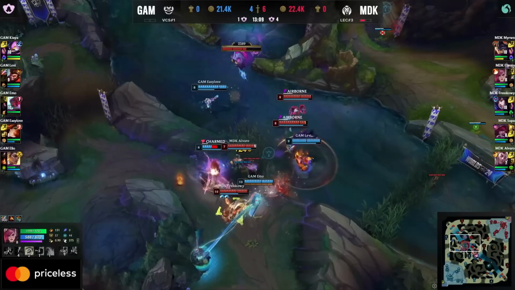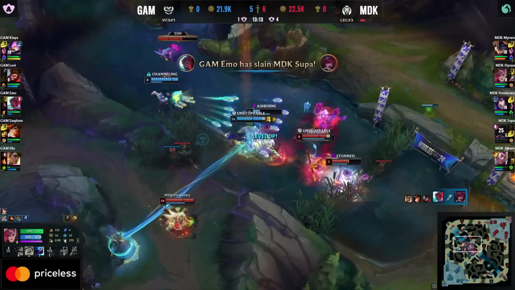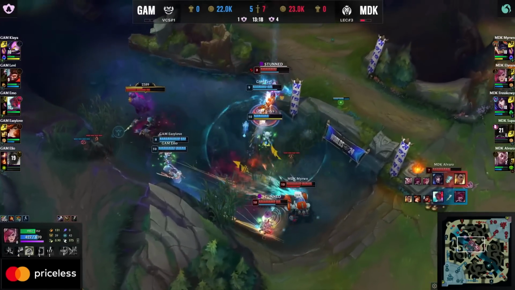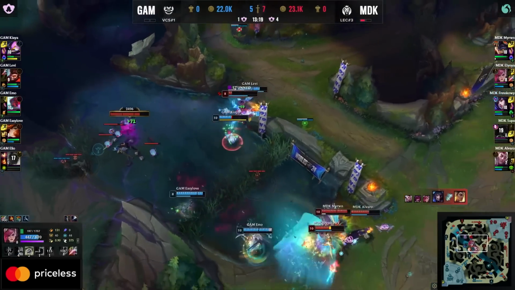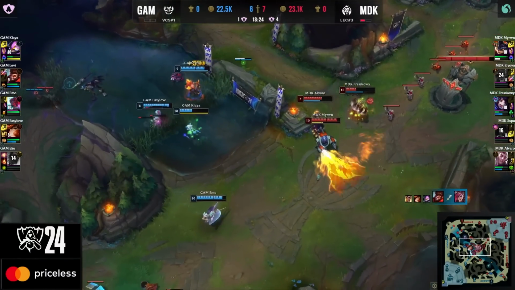Alvaro finding the knock-up, immediately followed by the charm. A lot of damage for MDK onto the support, but a beautiful bullet time. Emo grabbing the kill on Supa. That's another one traded back, though, onto Elio. Slicing Maelstrom in the middle of everybody. Elyoya about to die, will not get enough damage back into the cannon as Frescowy has to get away towards the...